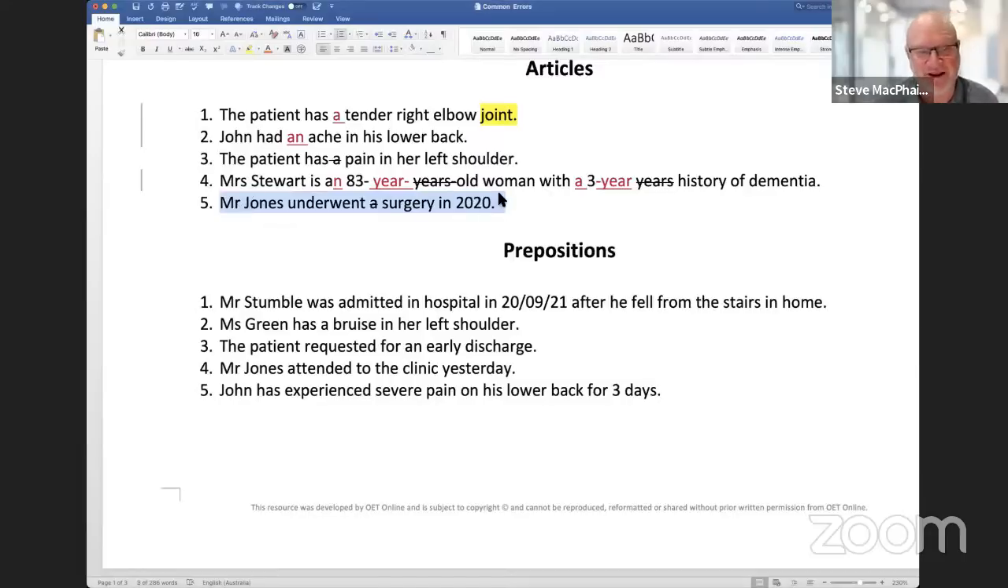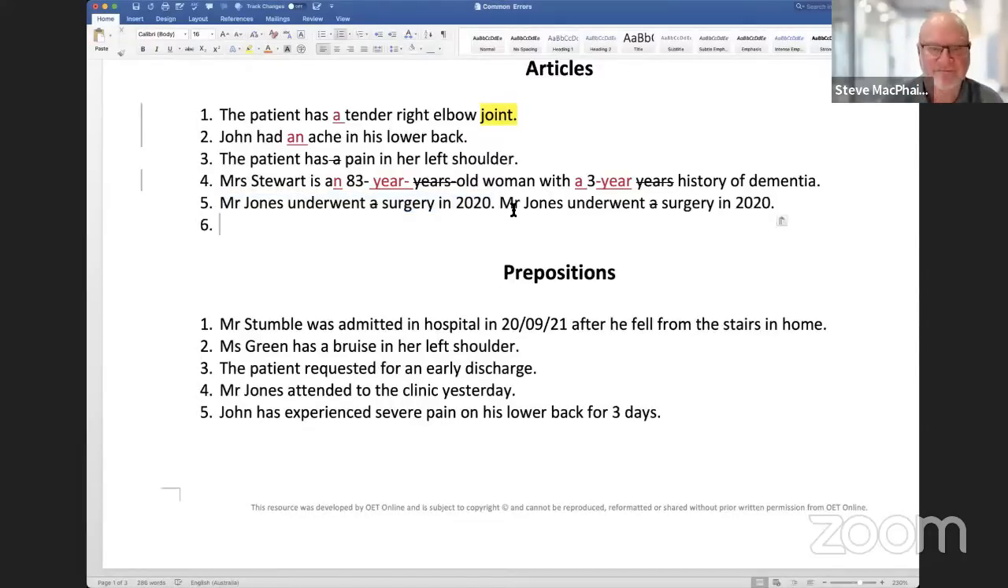For example, in this sentence, I could write, Mr. Jones underwent an operation in 2020. Operation is countable. So these are fairly basic ones, but you know, articles are not that basic. Articles are one of those things in language that it's tough because there are so many rules. So number one for you guys watching, make sure to write with control and accuracy,